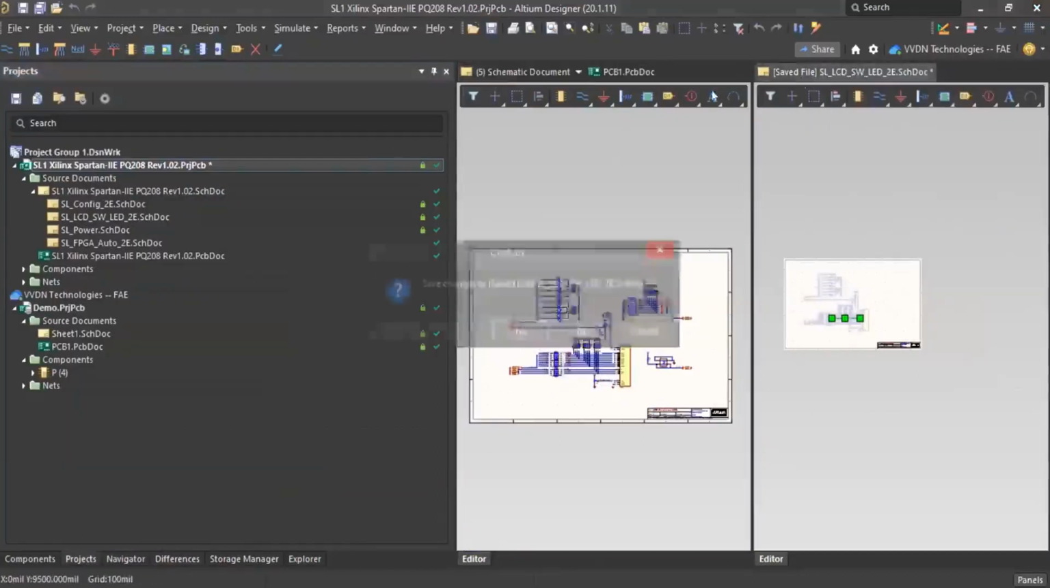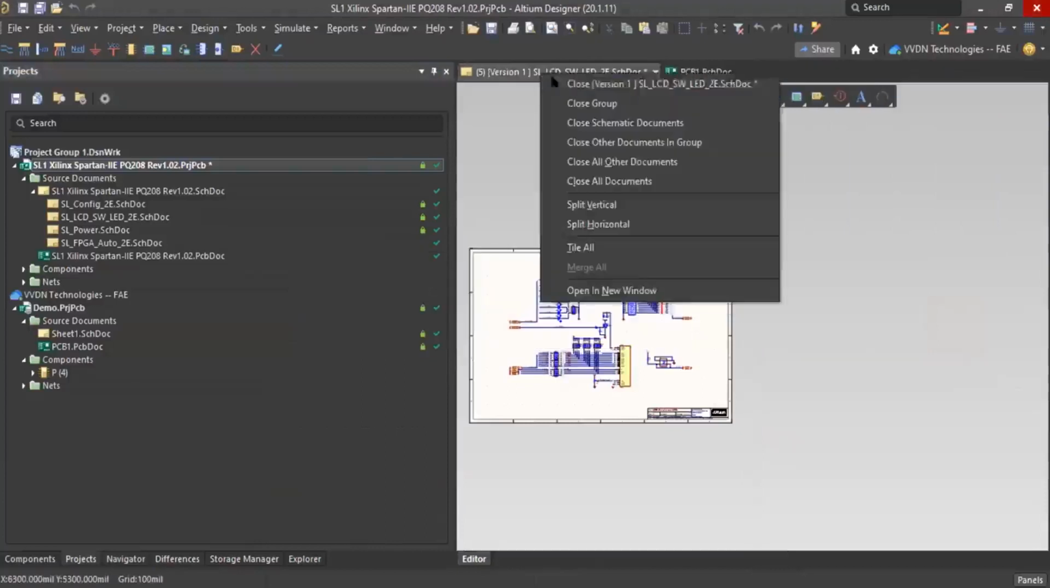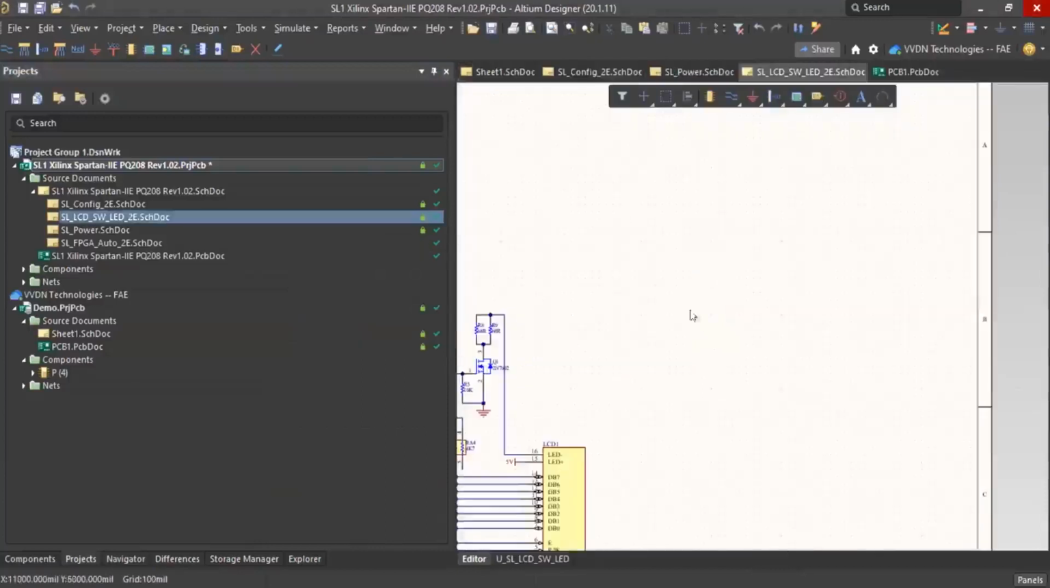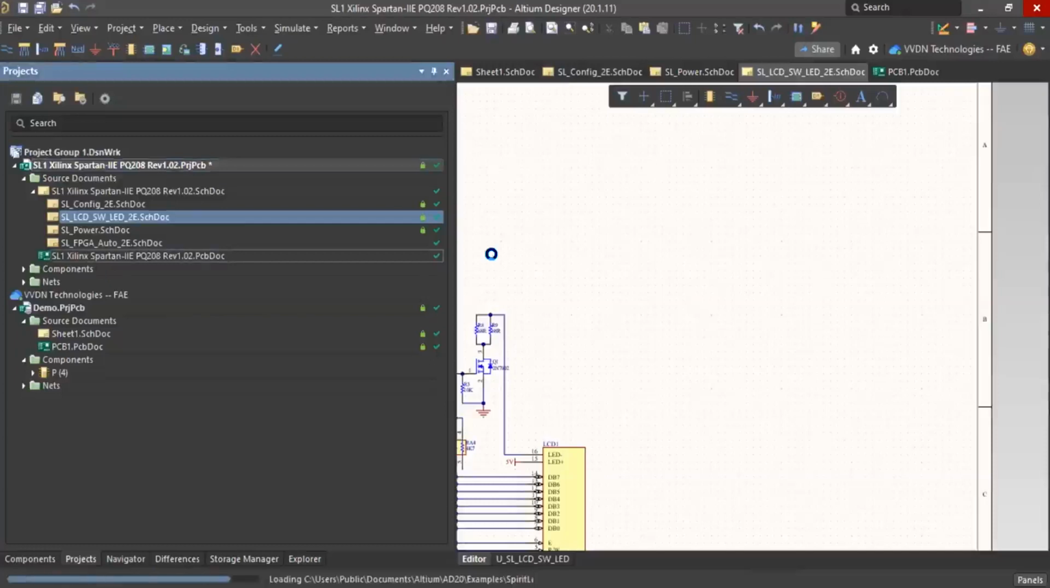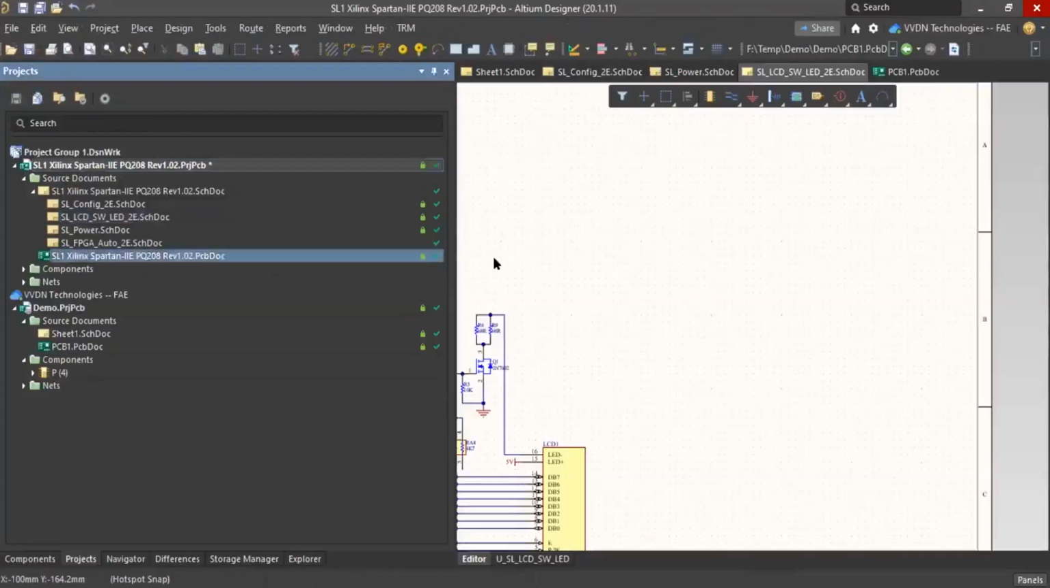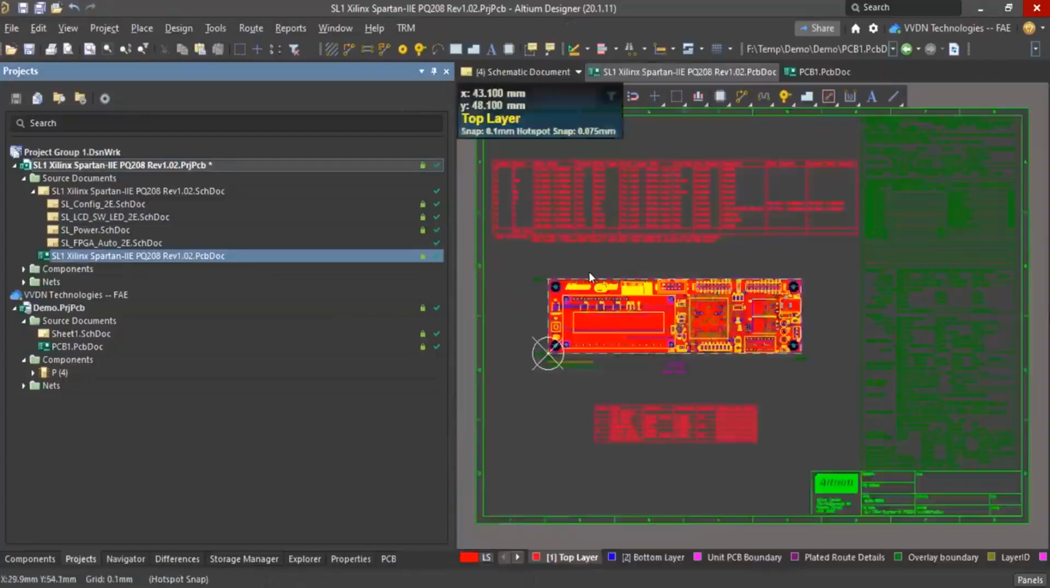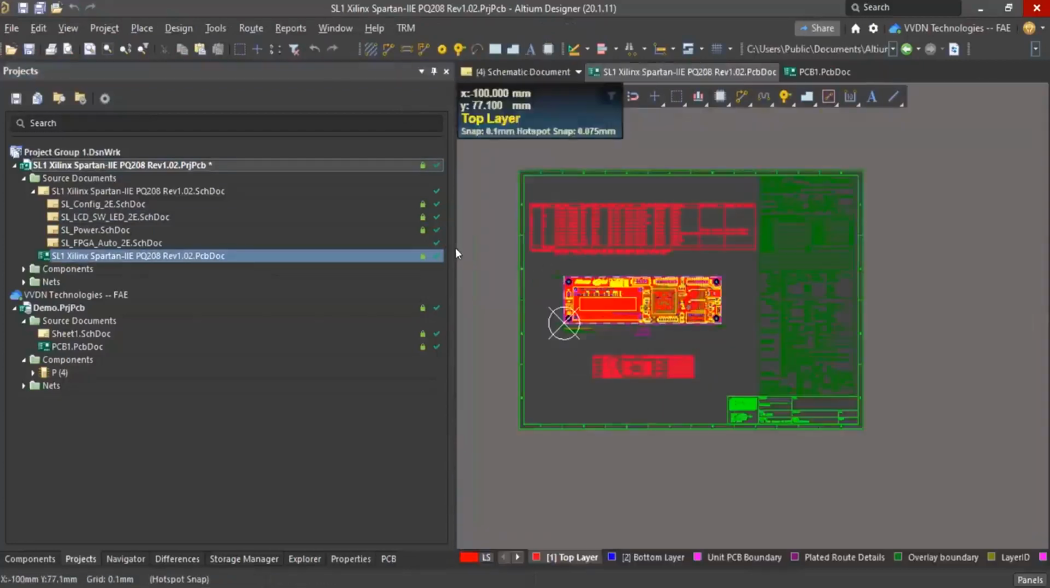Just closing those files. Again for PCB, I just want to show some features. As I mentioned before, you can compare the server repository versions, revisions, as well as the local versions. Okay. So I'm just opening the PCB. Yeah. So when you open the PCB again,